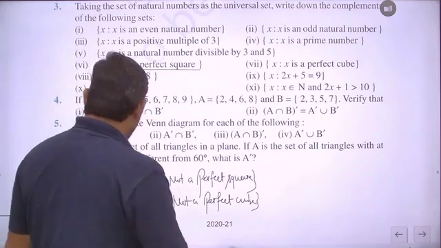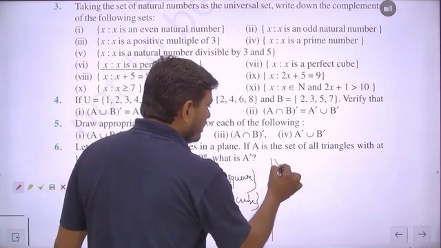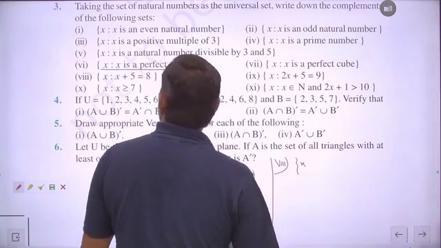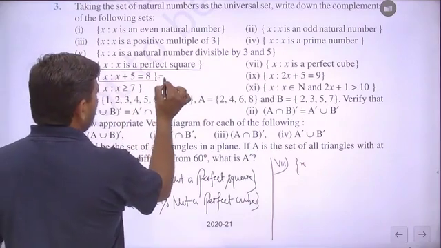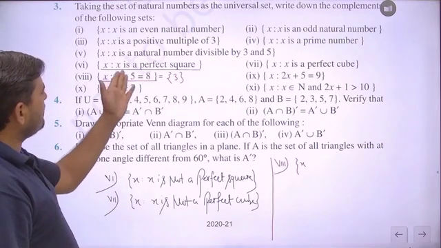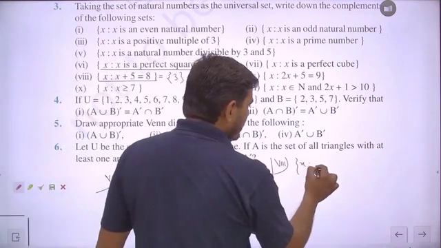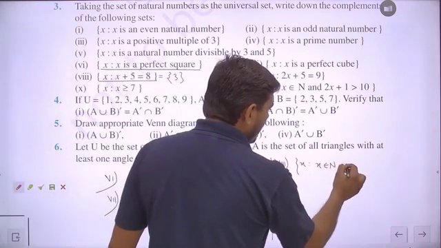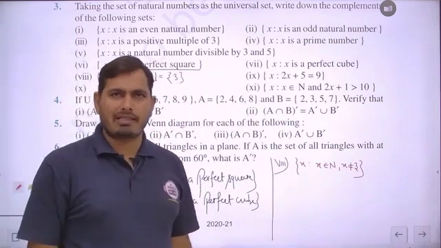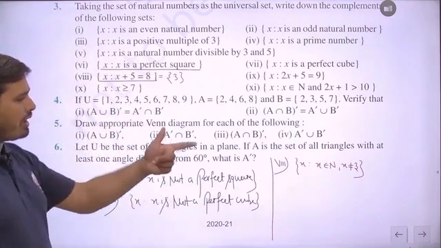So in the eighth part of the answer, the eighth part is to be taken, then its complementary part is to be written, that is x. Here, according to the given situation, x plus 5 equals 8, then x equals 3, so we will not write 3. You can write x belongs to the natural numbers but x not equal to 3, which means all the natural numbers except 3 are included here. So the complement of this eighth part you can write here, no problem.